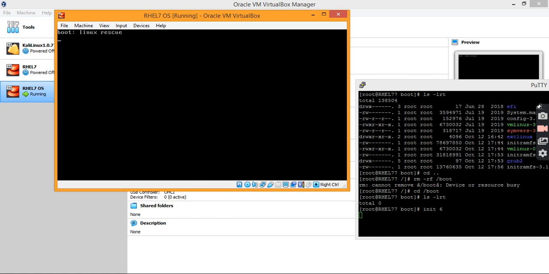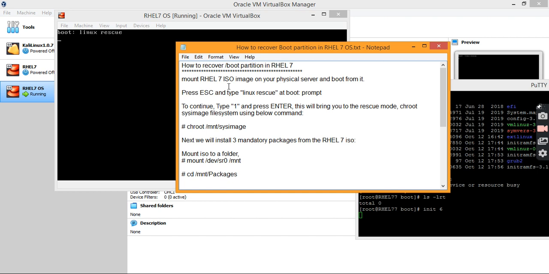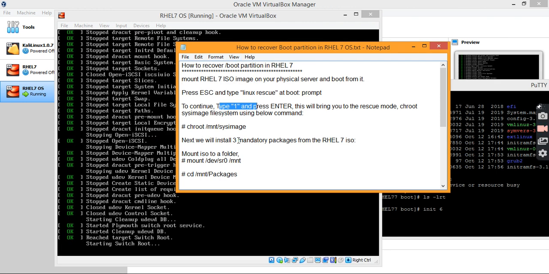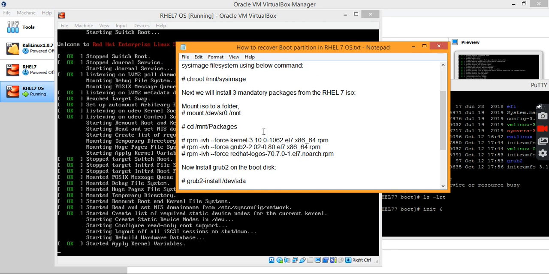So let me show you. We will follow this process to fix this issue. We have mounted the ISO. Now we will choose option 1 and then we'll proceed step by step.